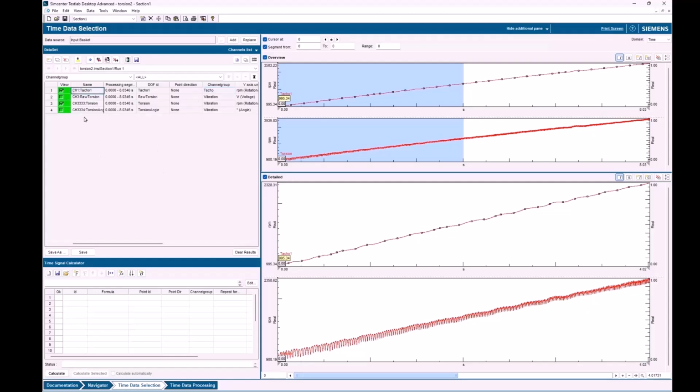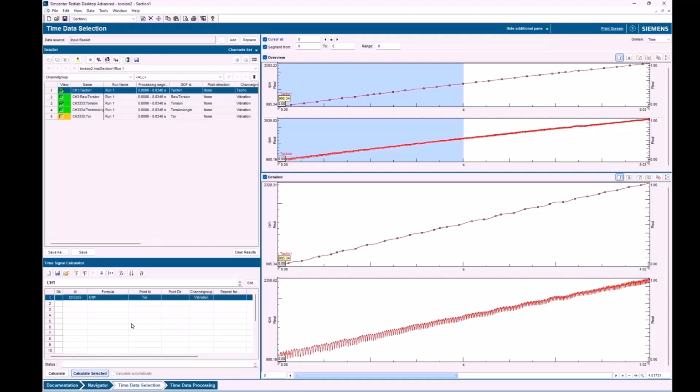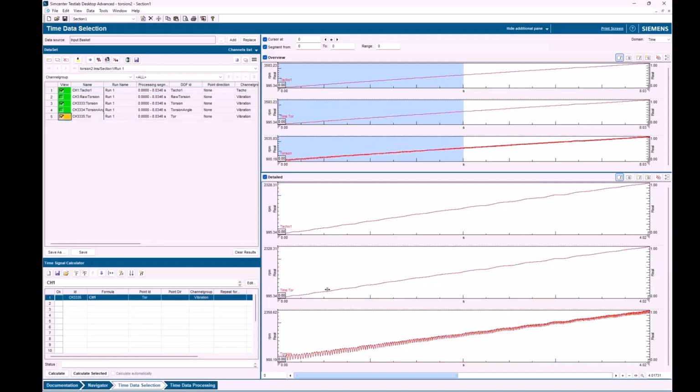The trick is to say, okay, if I wanted to use this tachometer, maybe I set it up with a high pulses per rev. I want to take that data, like that channel 1 here, for example, and do torsion on this, whatever the engine speed or whatever, but set this channel group to something other than tacho, vibration or other. And when you do that, this is just the same data. In this case, it's very smooth, so you wouldn't really use it, but I just wanted to illustrate the principle. Yep. If it's in the vibration group, then you can calculate orders from it. Does that make sense to you, Charles?